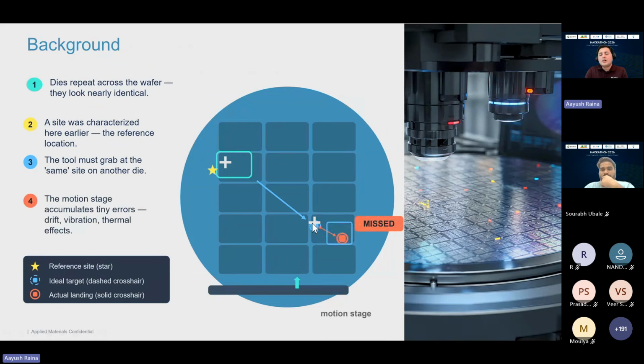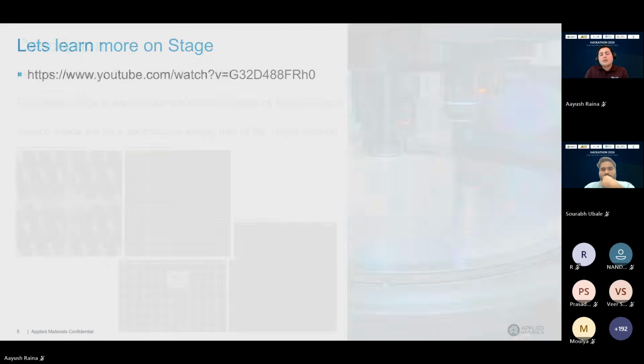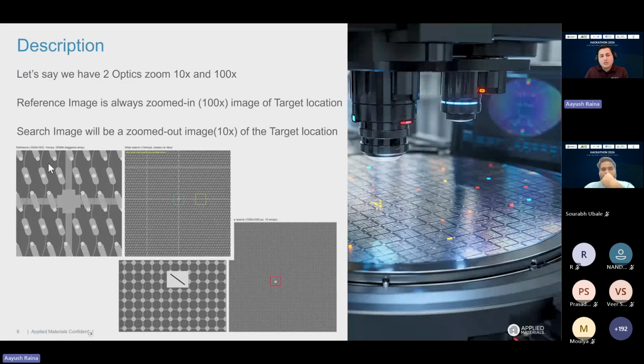Let's see again. So this is my star image, which is bigger. I know this is how it should look. And when I want to go to a different die, I want to zoom out and take a bigger image, then find my reference here, then zoom in and take an image. But as the scope of this, we don't want to take the zoom-in image. We are taking it simple. I'm just giving you the background on why it is useful from an industry point of view. Now we will talk only about the problem itself.